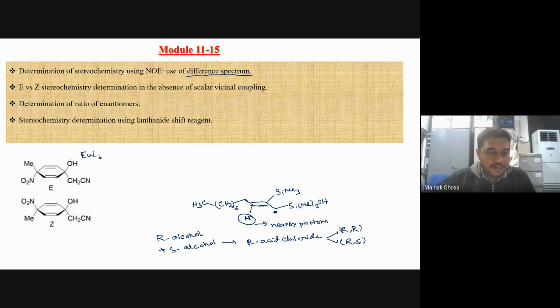Eu(fod)6, I suppose, it will coordinate with the OH. So this methyl group here, if it is coordinating to this reagent, then the chemical shift of these two methyls will be very different. In the first case, as you increase the concentration of this lanthanide shift reagent, you will see